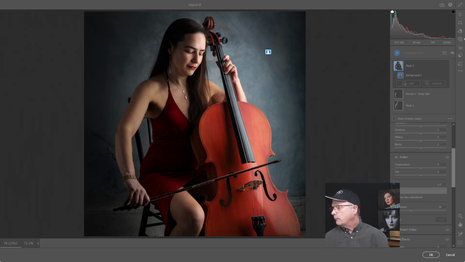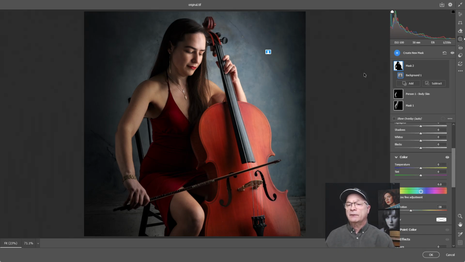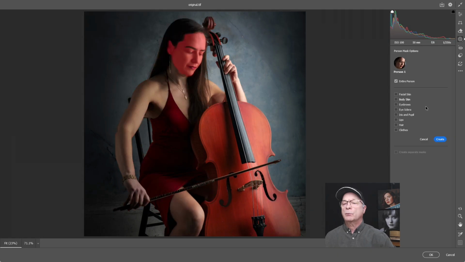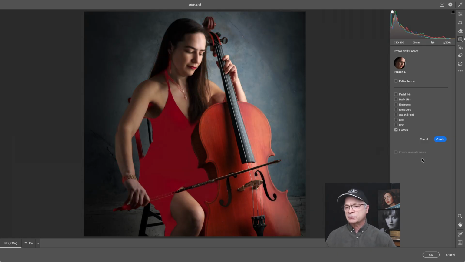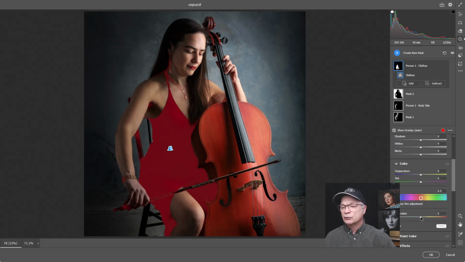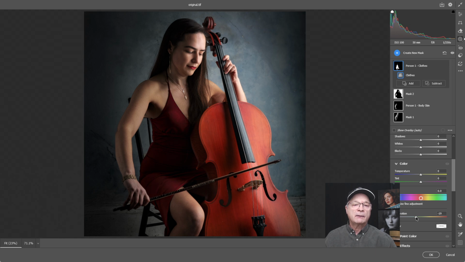It said the red dress works beautifully, but for portfolio polish, they're suggesting that we reduce the saturation slightly in the red portion of the dress. So let's go ahead and do that. Let's go back to our trusty mask. Let's select people once more, and this time we can select clothes, which will select her dress. It might select a couple of other things, but it's so dark I'm not worried about affecting those. So let's create, and we're going to desaturate that red dress just a little bit. There we go. It's subtle, but it's just enough.